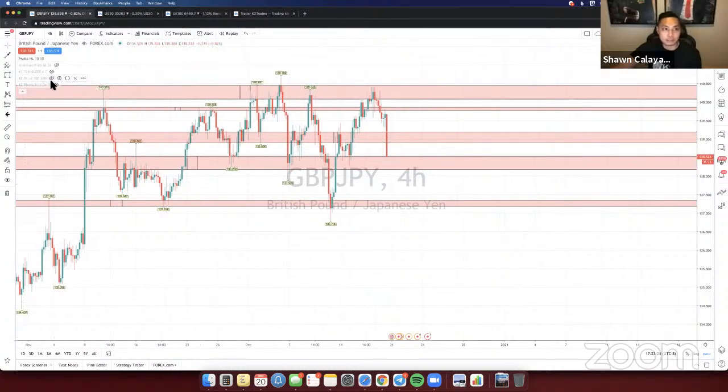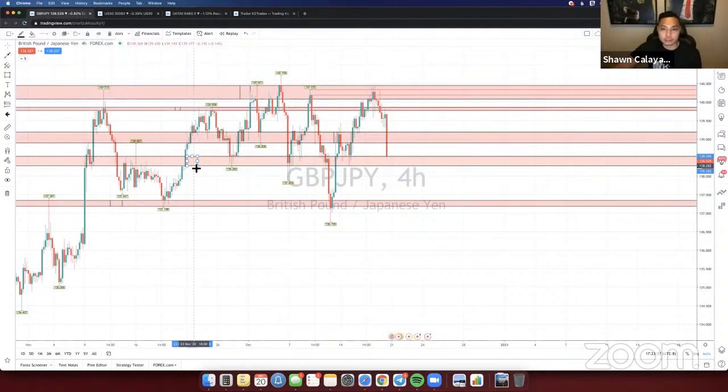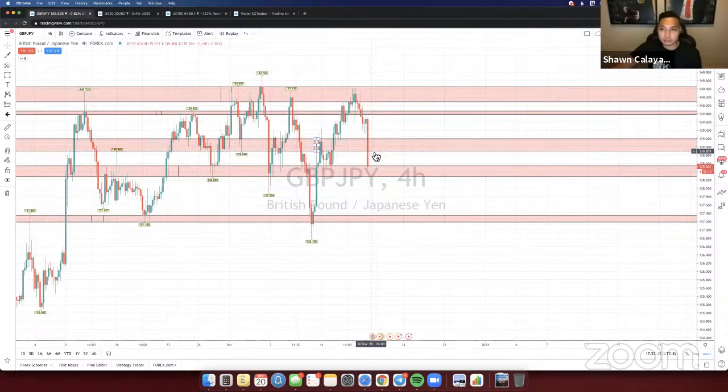Let me go ahead and turn on the K² indicator right here. I'm going to see if everything lines up. Yeah, these upper structures are perfectly fine. And then we got this lower structure right here. So price is currently testing that lower structure. It's within these two zones right here. So this upper zone is going to be 138.898. And this lower structure right here is going to be